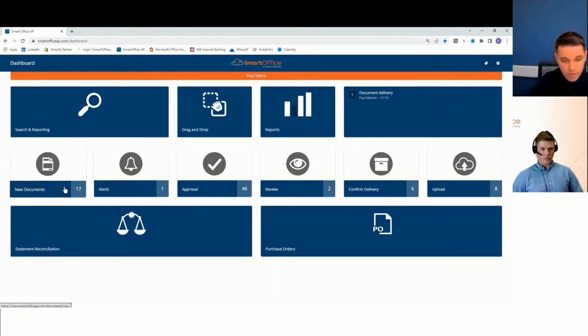So new documents. Part of the SmartOffice onboarding service is that it's turnkey. So we set up absolutely everything. And what that means is we integrate into your current ERP or accounting software, or that might be one, or it might be multiple. You might have an accounting system and a PO system completely separate, but we have the ability to integrate into them through multiple different areas.